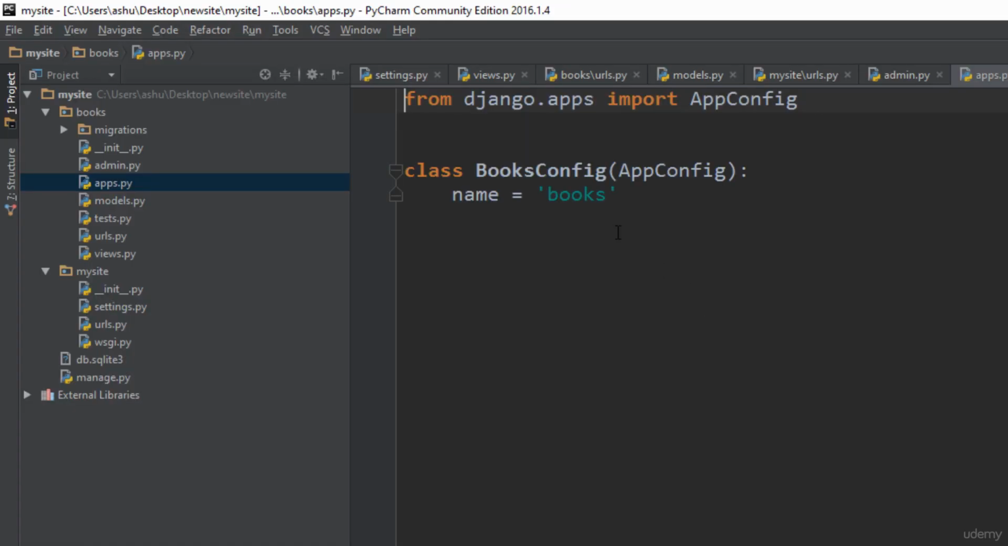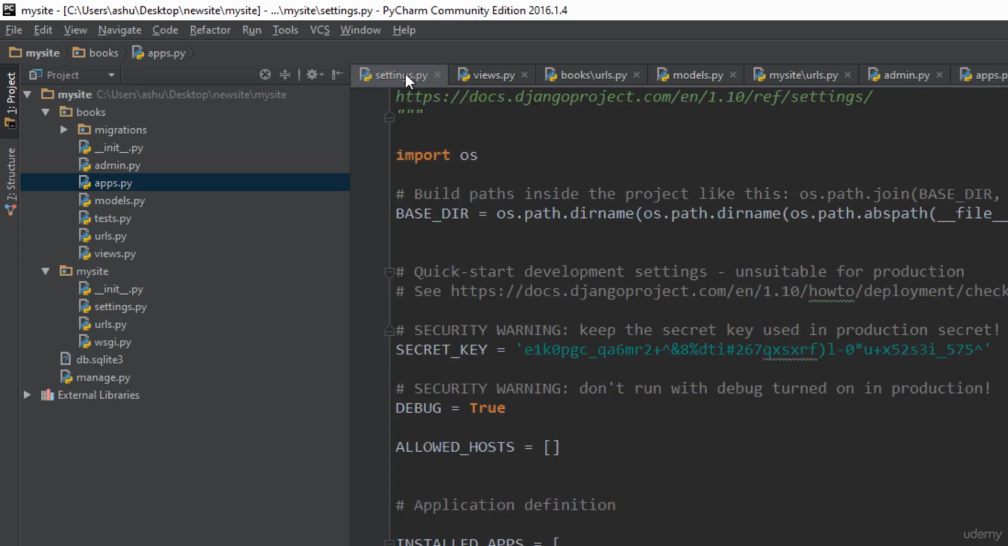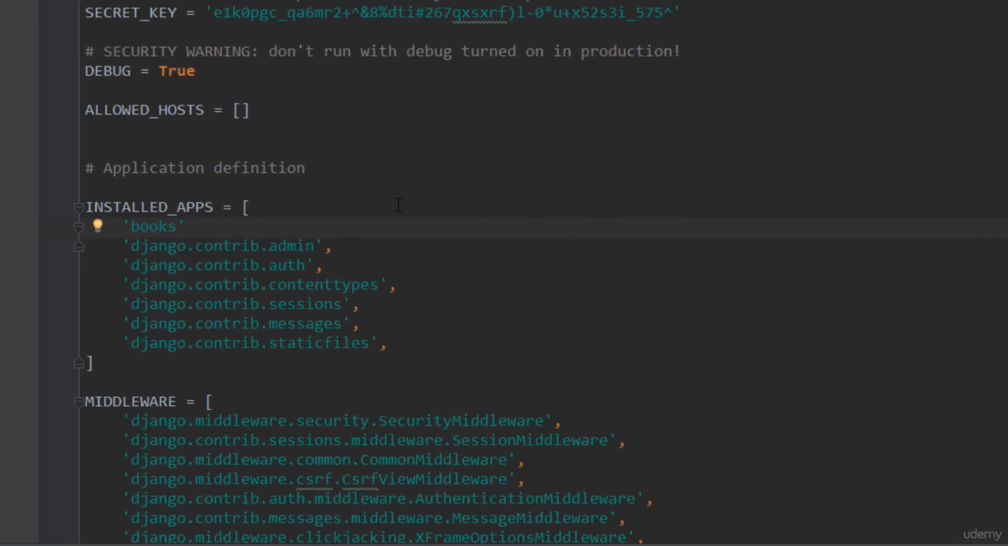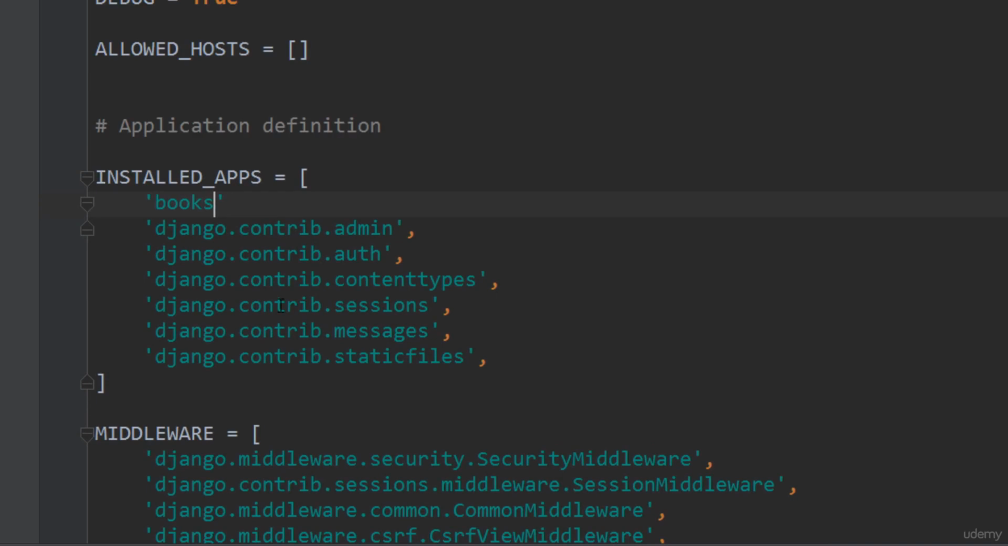see something which is called as the books config. So what you need to do is that you need to copy this books config. So right click on it and copy it and return back to the settings.py, and right here in the installed apps, what you could do is that you could type in books.apps, because